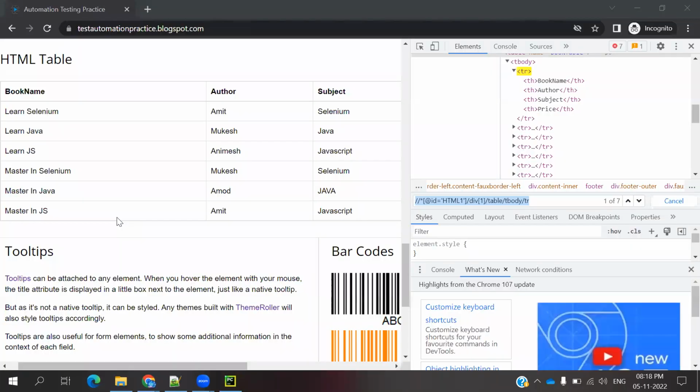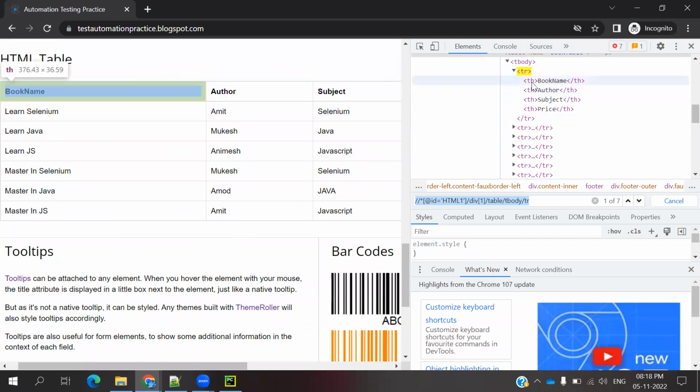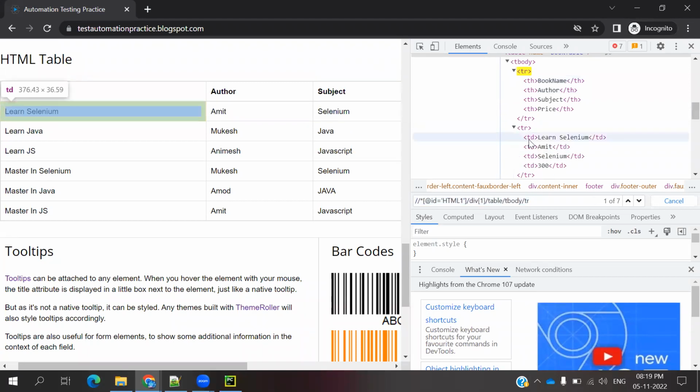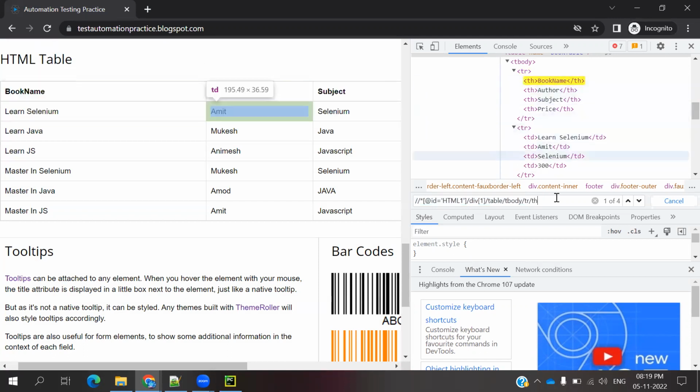I need to store two things: one is the header and the other is the columns. The header we indicate with th. If it is th, that is the header. If it goes for tr, that becomes td. Td means cell value. Now I'm going to use tr and th. If I use th, we can see 4 ths present in the top head. Now I'm copying these 4 ths